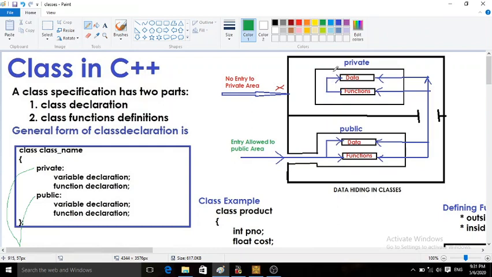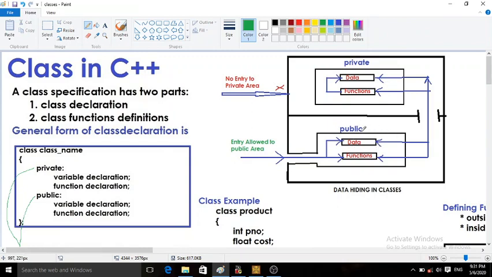So this function can access the private data. What about the functions which are declared over here? These functions can also access the private data. That means private functions as well as public functions can access the private data because these are written within the same class. So only member functions can access the private data.